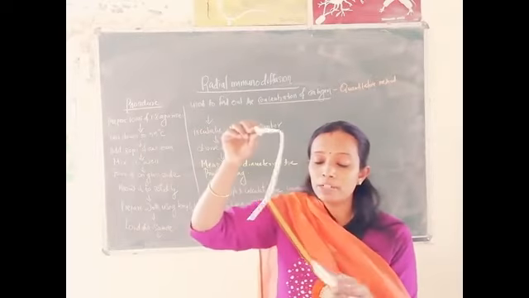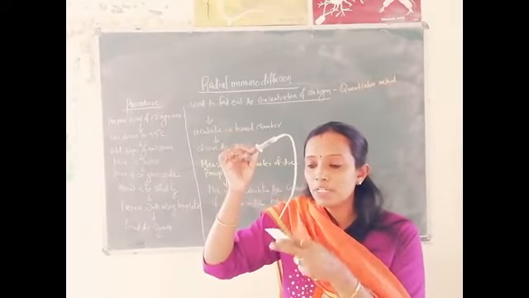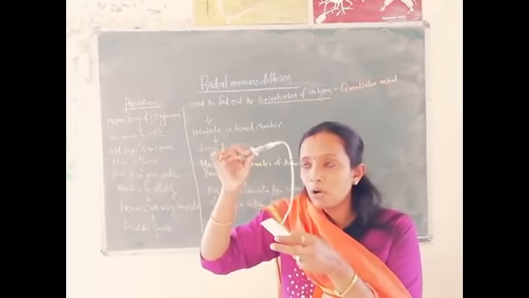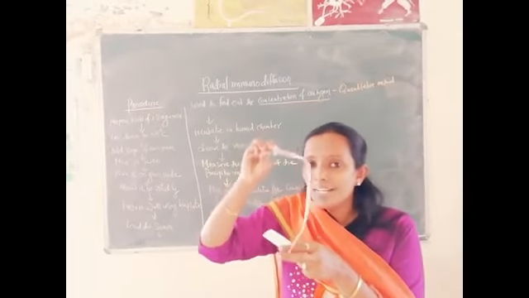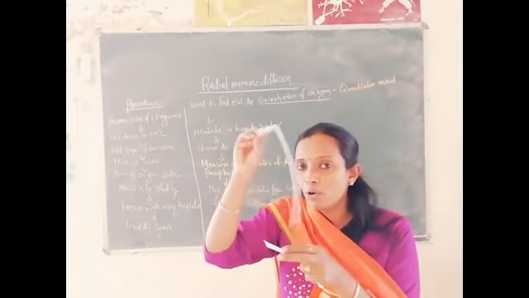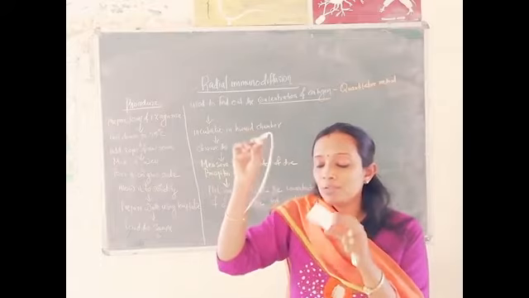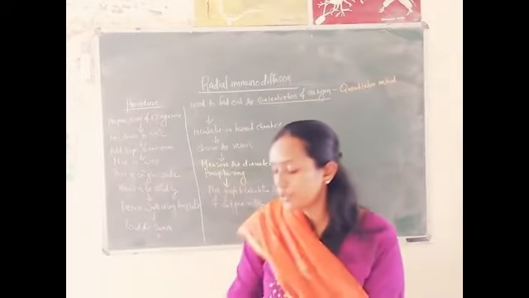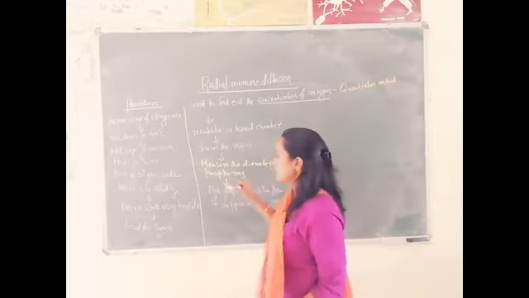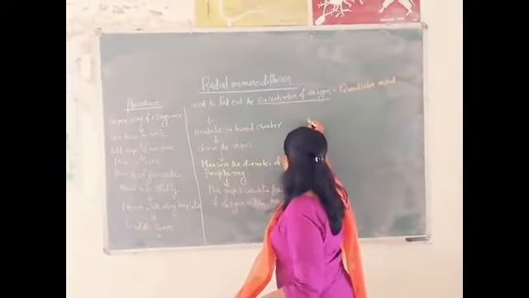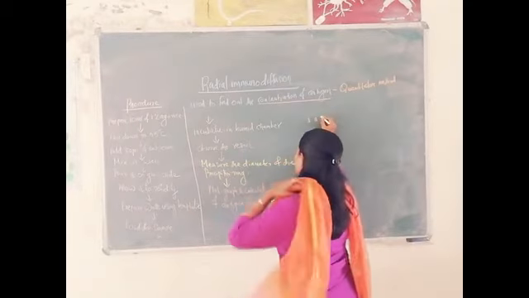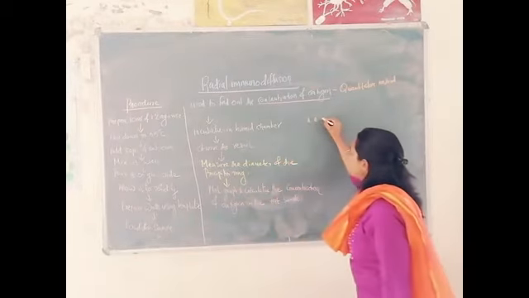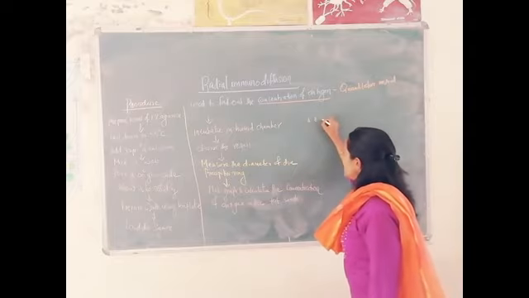So this is the gel puncture. You have to insert the tip of the gel puncture into the agar block and then pull the syringe so that the agar block comes out and wells are created. Into the wells, you can load the sample. The samples which we are loading are standard antigens. As I told you earlier, 4 standard antigens are given: standard antigen A, B, C and D.